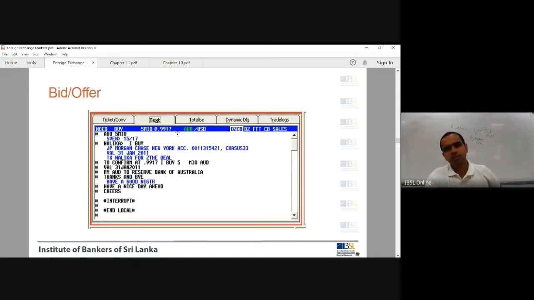Right? So the amount, huge amount. Not the 100 rupees that you wanted to withdraw from your account. It's a huge amount, 5 million Australian dollars. It takes less than 10 seconds to complete. Right? Because all these are programmed, you just only have to enter the currency, the amount, and everything else is automated. Right? You just have to press a few keys.